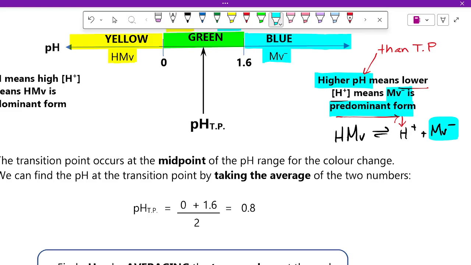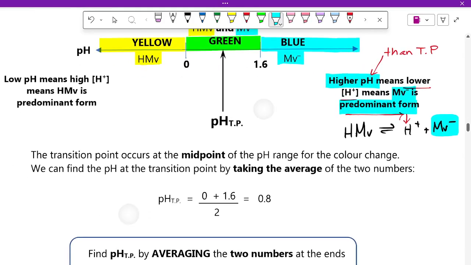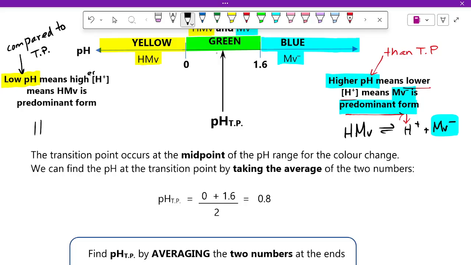Does that make sense? Okay. And if we have a lower pH compared to the transition point, that means that you have a higher hydrogen ion concentration, and our equilibrium